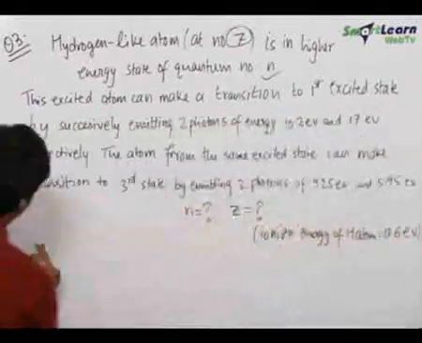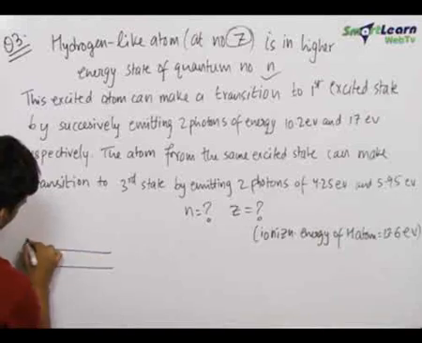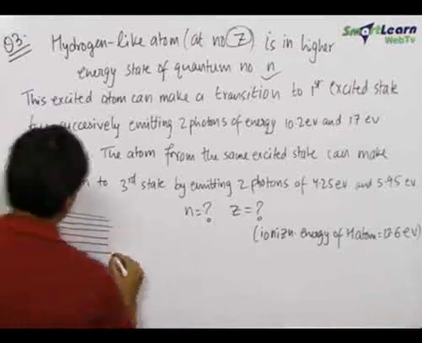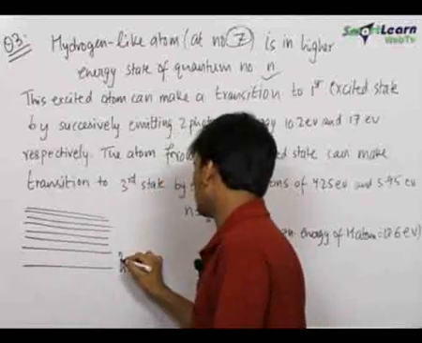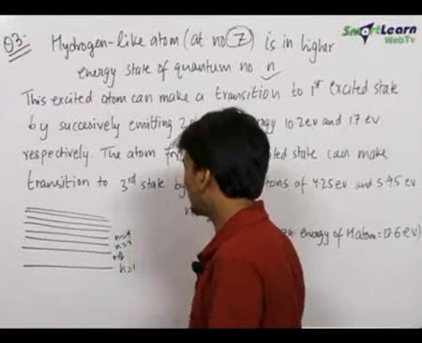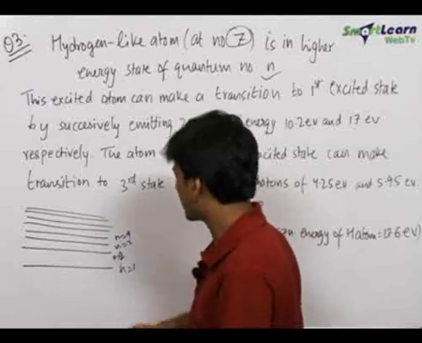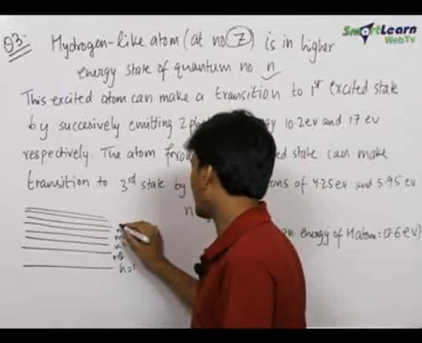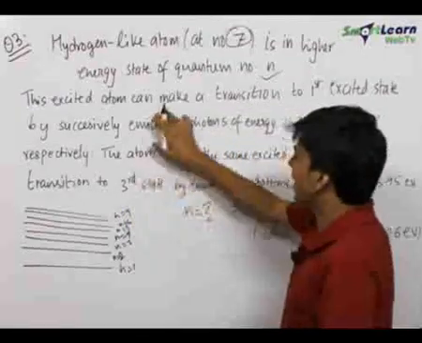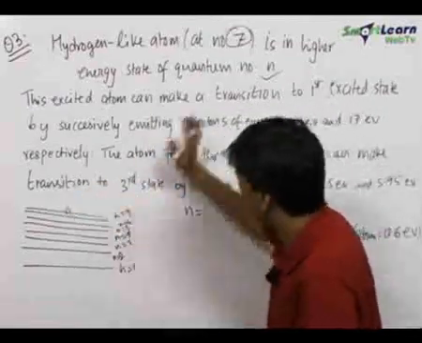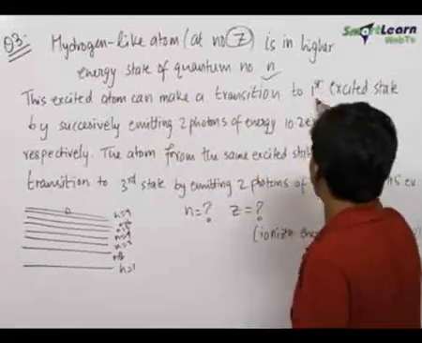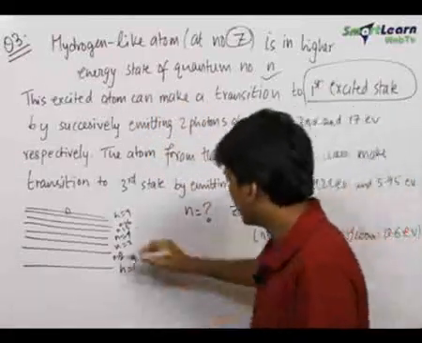Let us draw the diagram. This is n is equal to 1, 2, 3, 4. Note that the gaps keep reducing subsequently. N is equal to 5, n is equal to 6, this is n is equal to n. Let it be in some excited state n initially. This excited atom can make a transition to the first excited state, that is the second state, that is here,